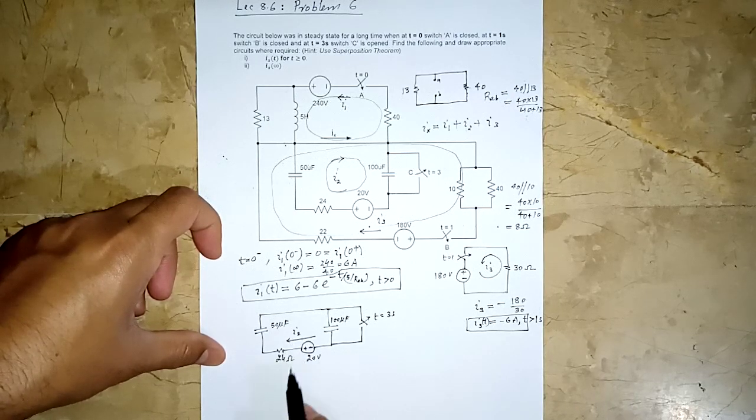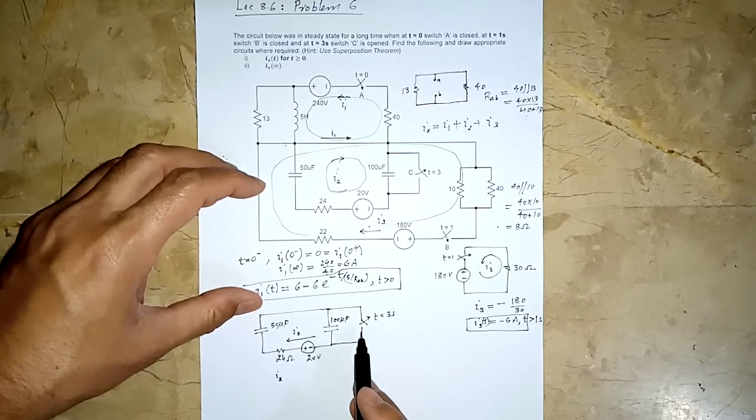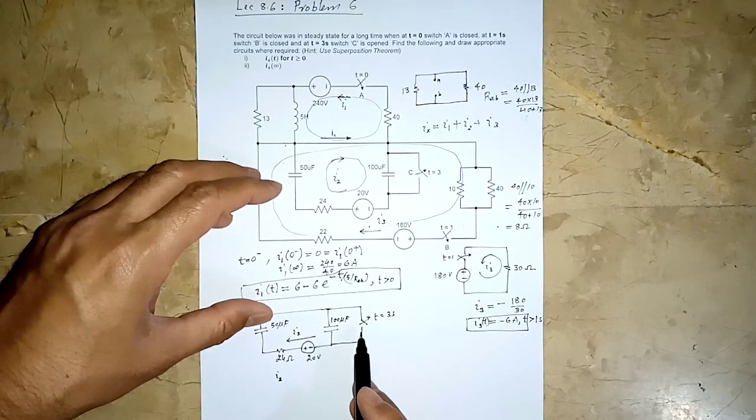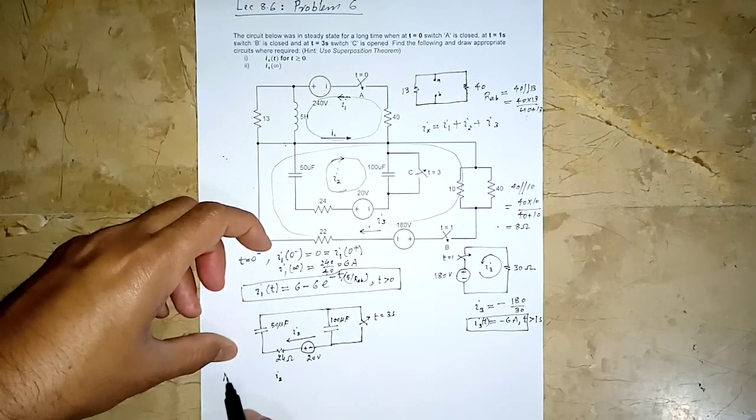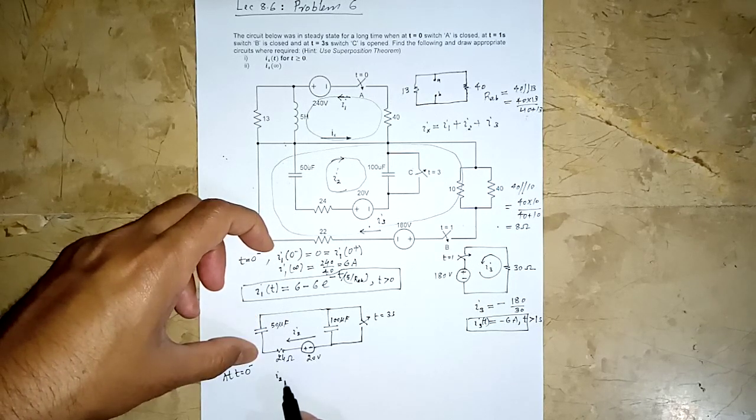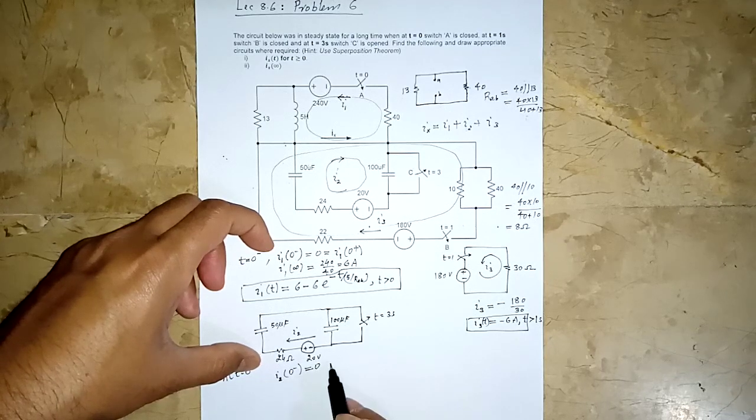We want to find the initial value of I2. Okay, the circuit starts operation at t is equal to 0. Circuit was in steady state. So at t is equal to 0, what will be the situation? So at t is equal to 0 minus, the situation would be, this would be opened up, this is also opened up, so no current flowing. So I2(0 minus) is 0. But again, remember, this is not an inductor current, so we cannot say that it will be the same as I2(0 plus).